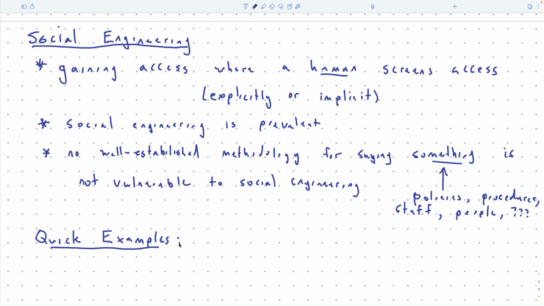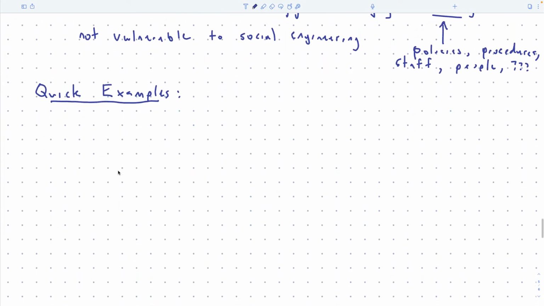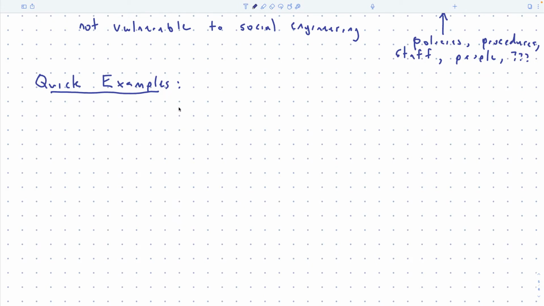And then I'm going to tell you like 10 stories, probably not this class, but next class, about social engineering. And we can think about what they have to do with how you would categorize them and what you could do to prevent them and things like that. Okay, so what are some examples? We've seen some social engineering already. If you have a certificate authority doing in-person validation, then an ex-employee of Microsoft can walk in and say, I want a certificate for Microsoft and get it.